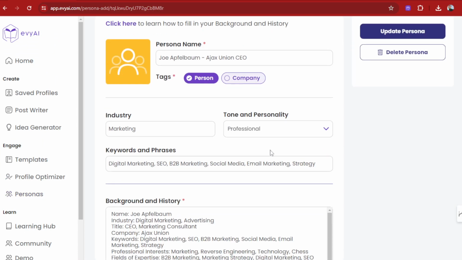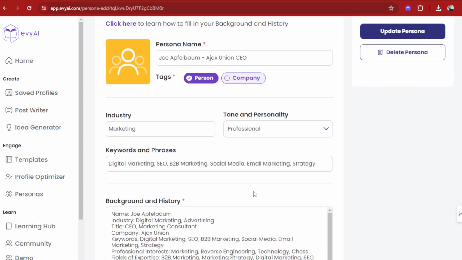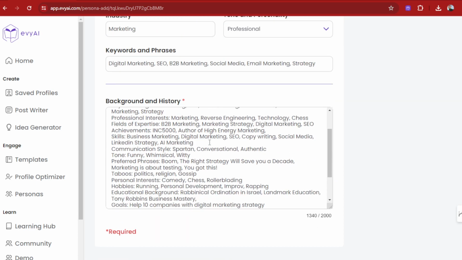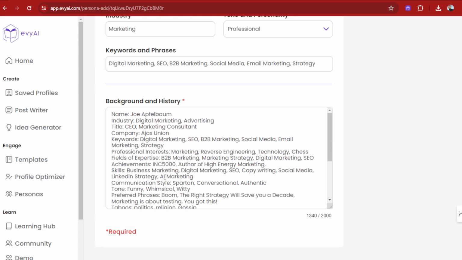So I clicked edit, and you'll see it says Joe Applebaum, CEO, person, industry, tone, keywords, background history, and it just shows I'm the CEO of Ajax Union, and all this information about me here, taboos, personal interests, hobbies, educational background, content, and all that information. I only took up 1,300 of the 2,000 characters. I could add a lot more information here,